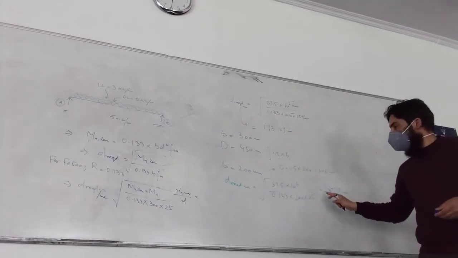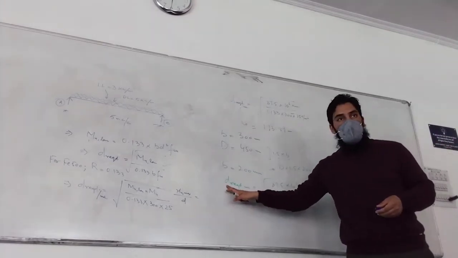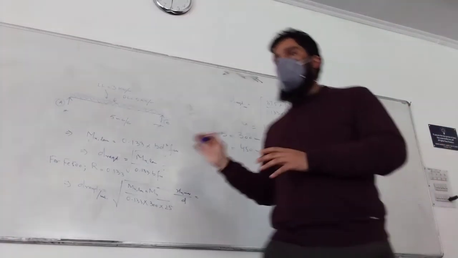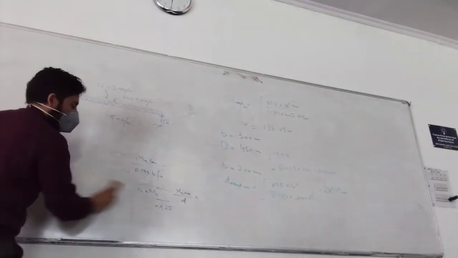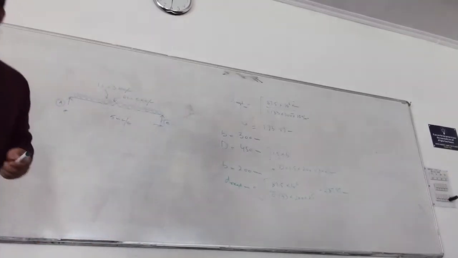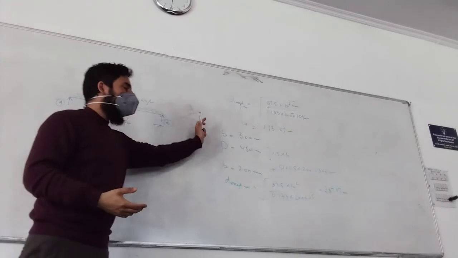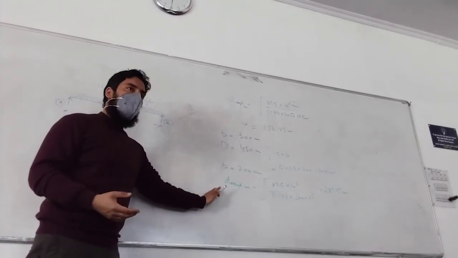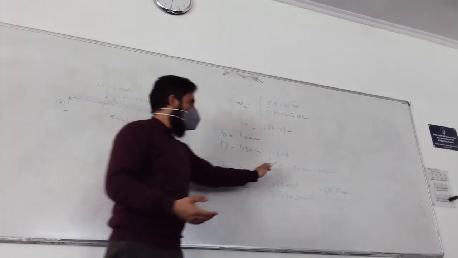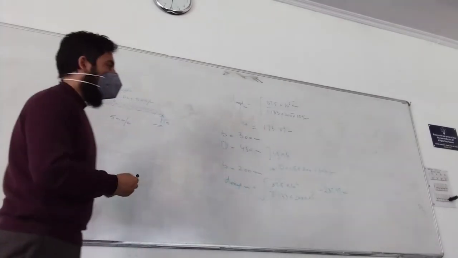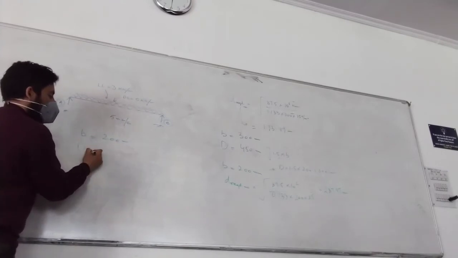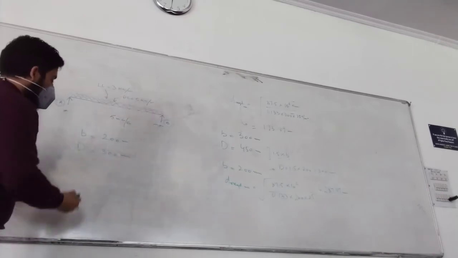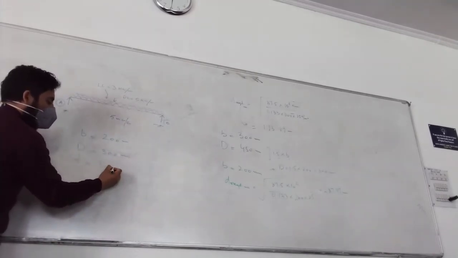Remember, this is effective D. This D is small d. This is effective D. So this means I am reaching some point. What did I do? Now I took 200 instead of 300. After that I calculated D required minimum again. Capital D is 1.5 times 200, which is 300. So now my B is 200 and your D is 300. So your effective depth will be 300 minus